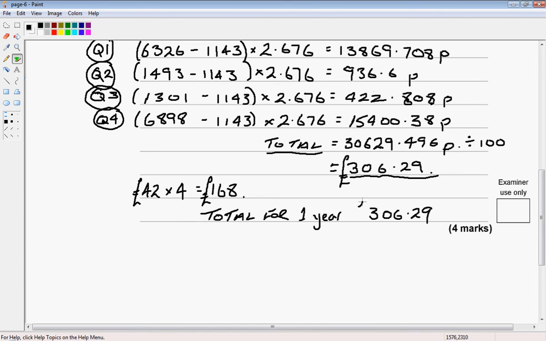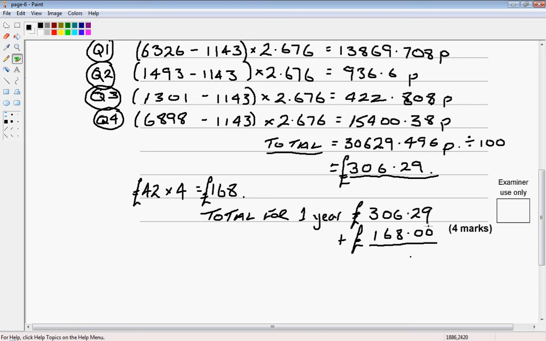These are all the units at the other calculation of money, plus the £168 that he would have to pay for using the first